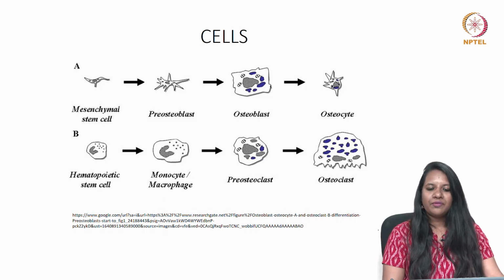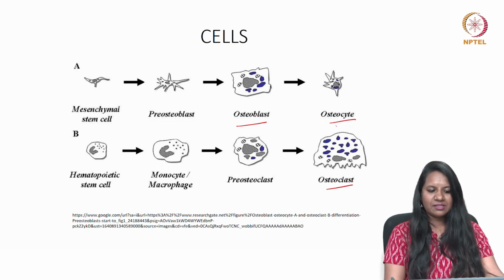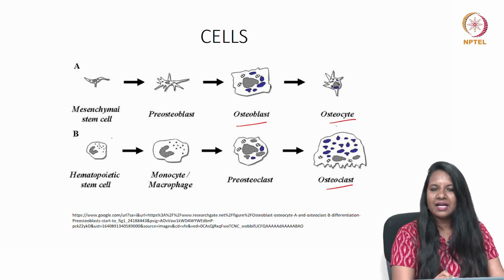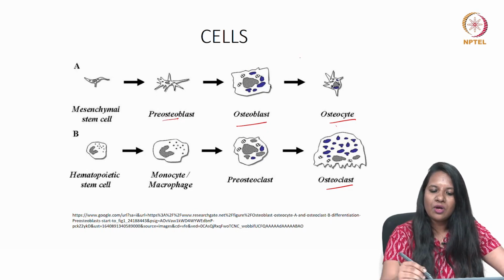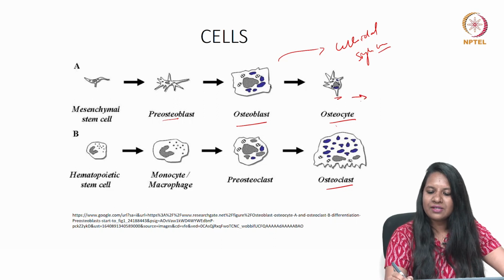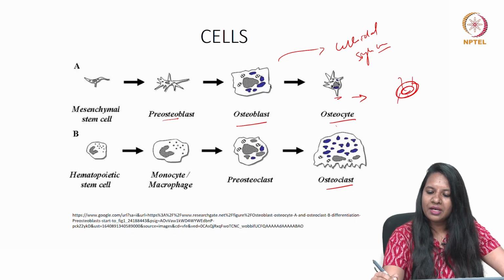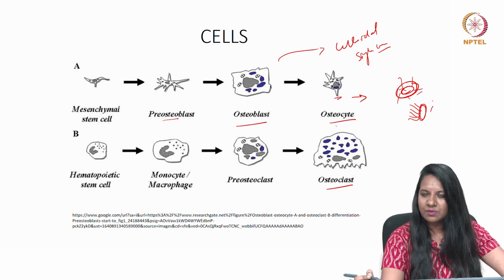So what are the cells of bone? It consists of osteoblast, osteocyte and osteoclast. Osteoblasts develop from mesenchymal stem cells, which convert to pre-osteoblasts and then osteoblasts. Osteoblast is a cuboidal cell with a single nucleus. An osteocyte, as I already said, lies in a lacuna with canaliculi projecting from all over the surface, whereas in a cementocyte, the canaliculi project only towards the PDL. By that we can differentiate an osteocyte from a cementocyte.